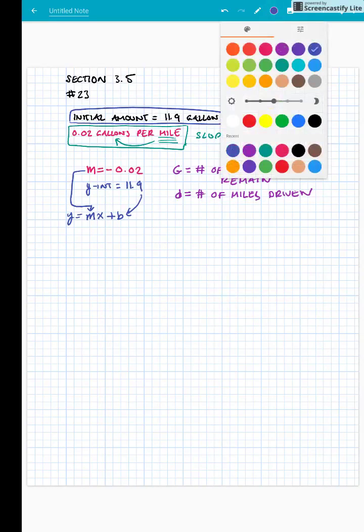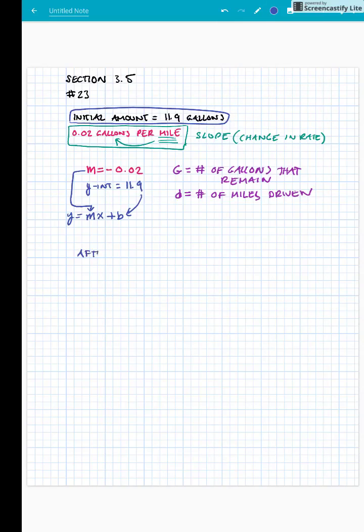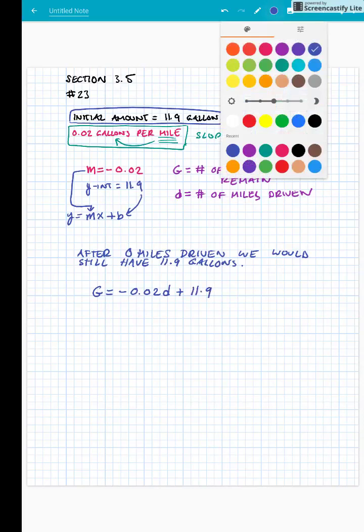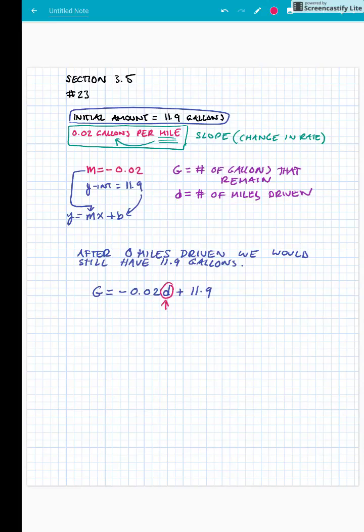And if we were to graph that, it makes sense that, let's say, after 0 miles driven, we would still have 11.9 gallons, which happens to be our y-intercept. Because say we did this. Say our equation is G is equal to negative 0.02 D, because we want that in miles, plus 11.9. If we were to substitute this D with 0 miles, so we would get